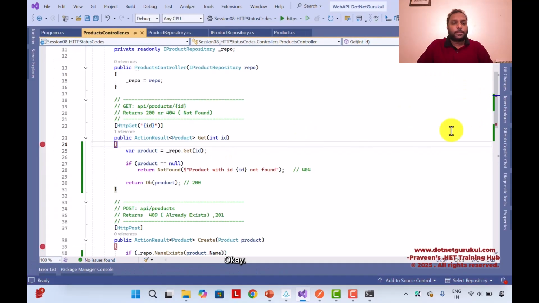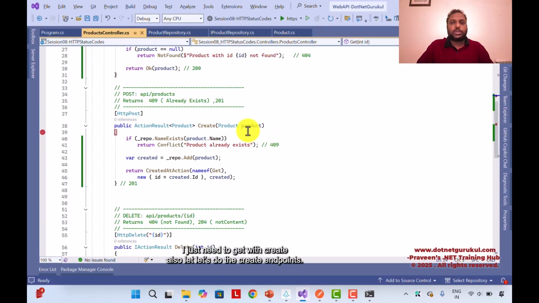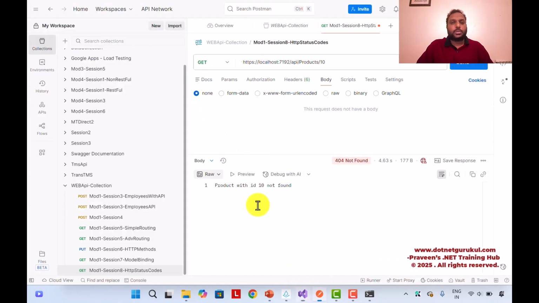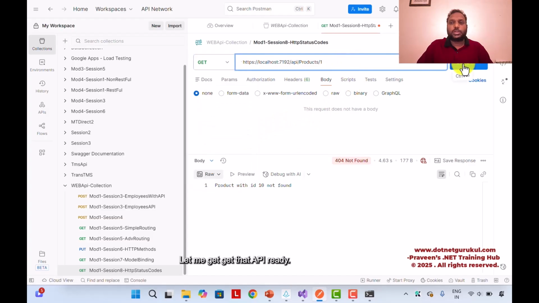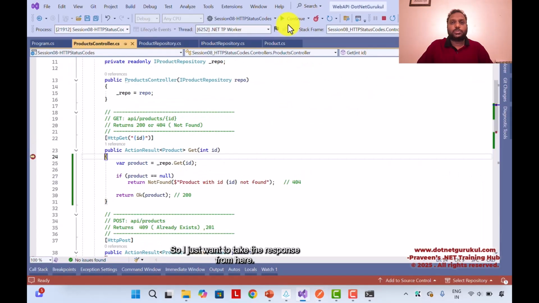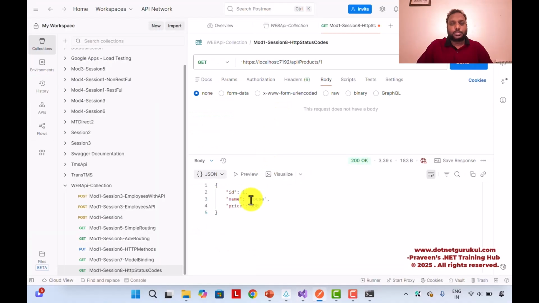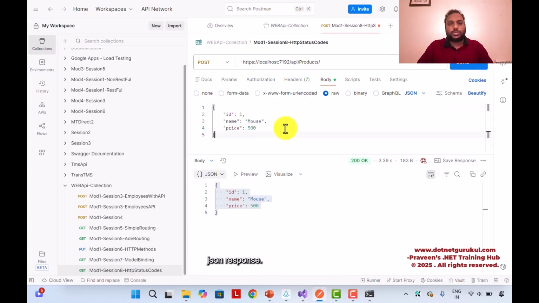Okay, sorry, I just need to get with create also. Okay, let's do the create endpoint also. Okay, so I go and select. Let me get that API ready. So I just want to take the response from here. So I just copy this. I wanted to post this. Okay, and I just wanted to select raw. Okay, paste this one. So this time I will pass ID key. So I will say printer